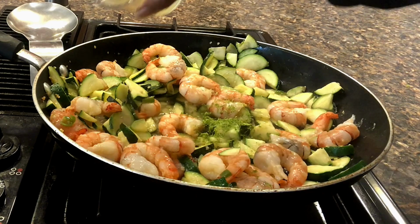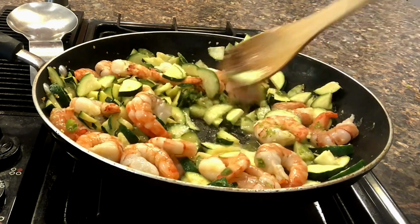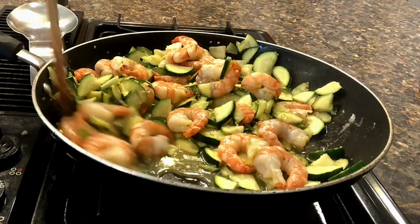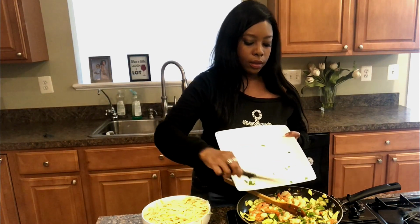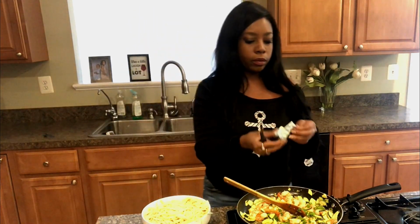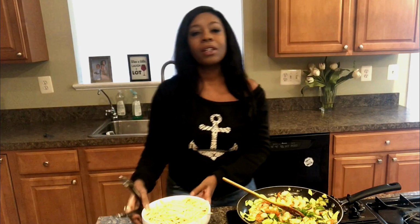And the lime juice. Heaven. I'm in heaven. Alright. We're almost through this. Just gotta add the scallions. 2 tablespoons of butter. And I know this is gonna really make it flavorful. And then last but not least,